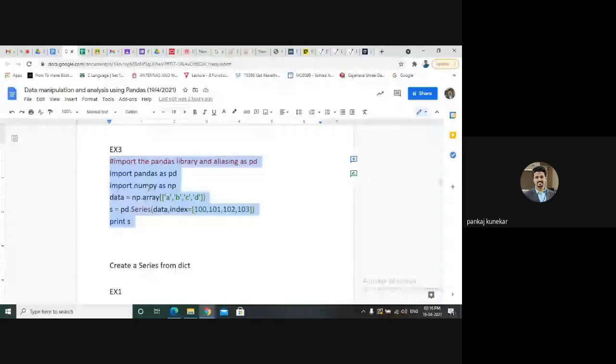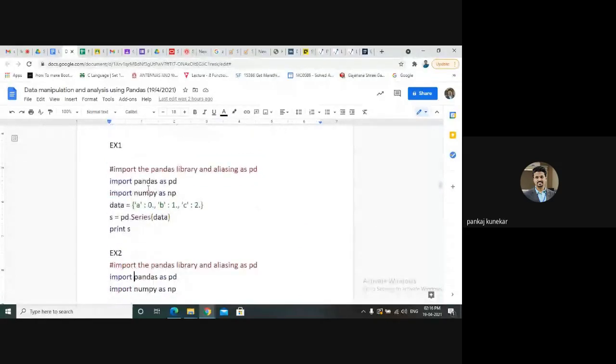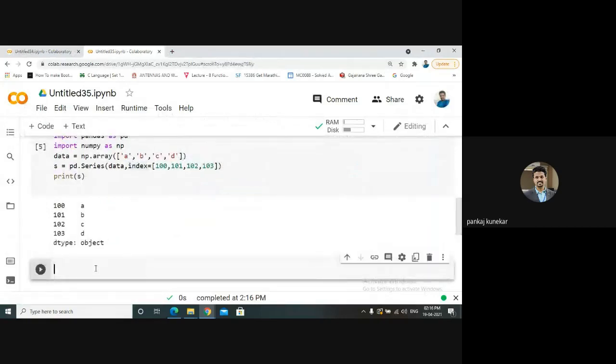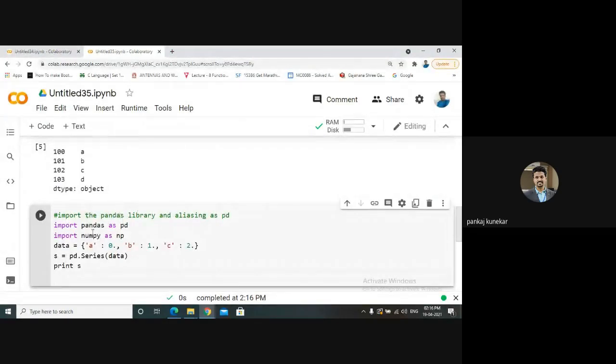We can create a Series from a dictionary also. We can make use of a dictionary, so we don't need to mention an index for the values. We have a dictionary here: A:0, B:1, and C:2. That is a key-value pair. We pass that dictionary to our Series constructor and print it.